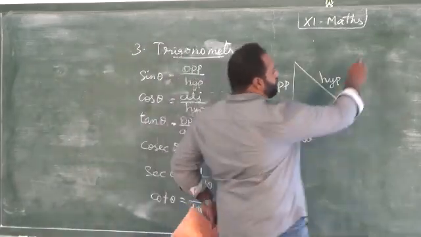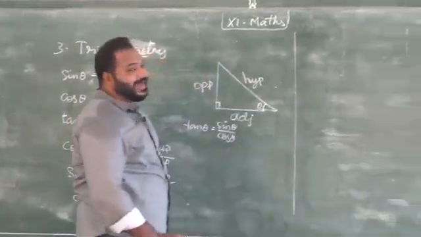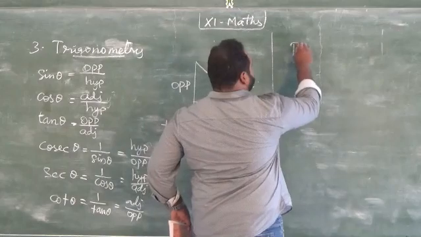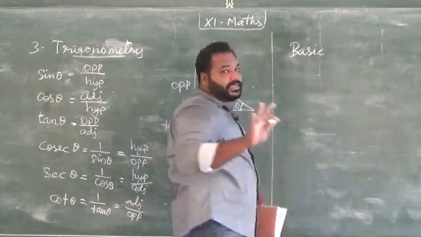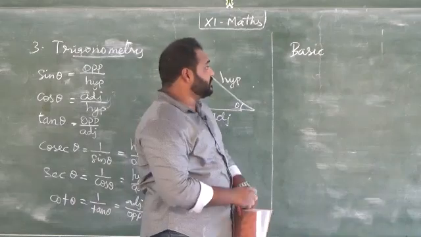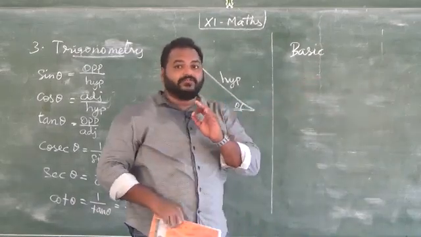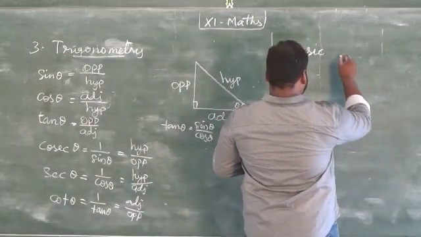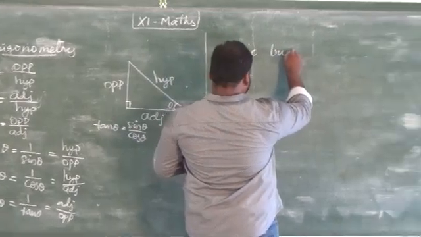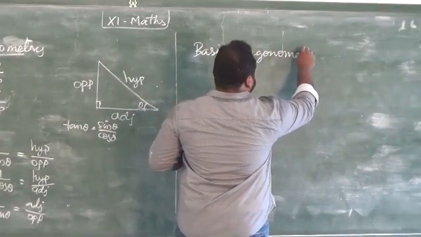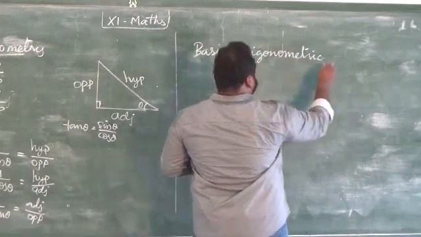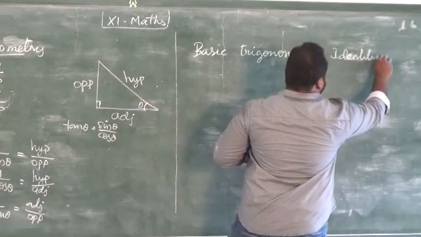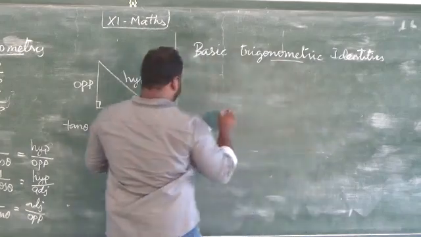So next we have some basic identities. First, a few basic identities we are going to learn here. First I am going to give 3. We have a lot of identities in this chapter. First I am going to give the first 3 basic trigonometric identities. So first one is